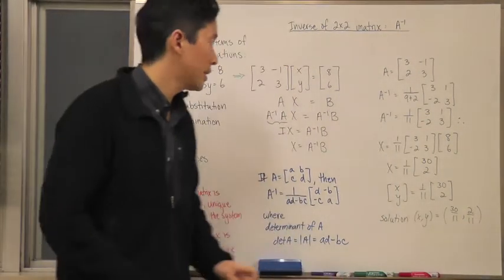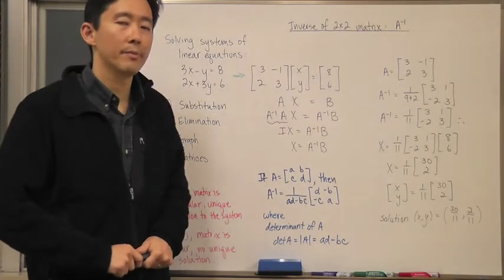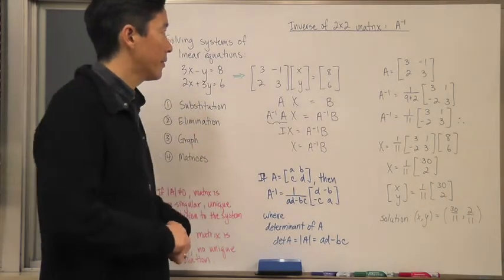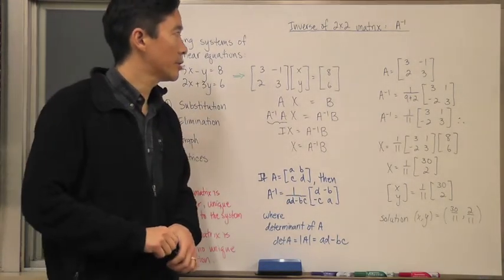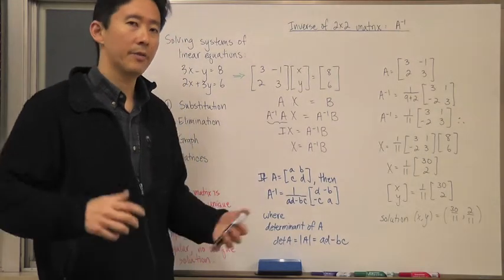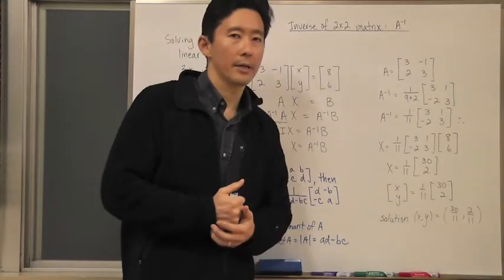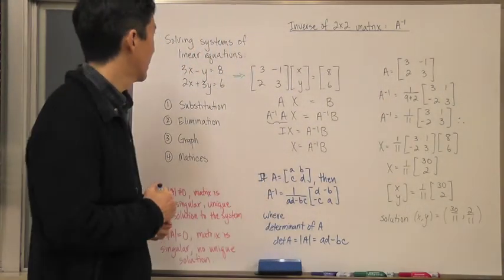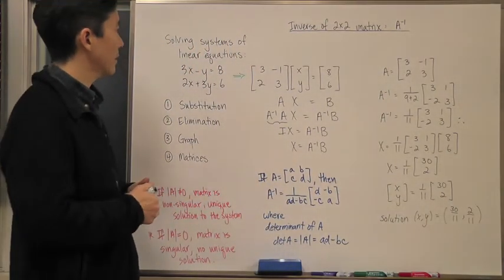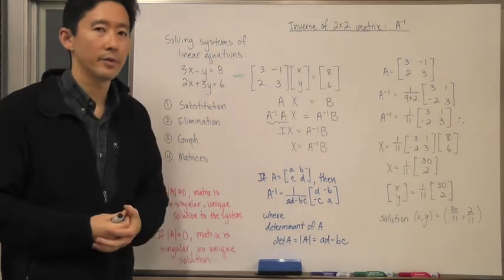Okay, let's go ahead and continue with what we're dealing with in terms of matrices. And we're going to move on to the inverse of a 2 by 2 matrix. Say, for example, if your matrix is A, then we're going to represent that as A inverse. Okay, so let's take a look again at what we're using A inverse for and get